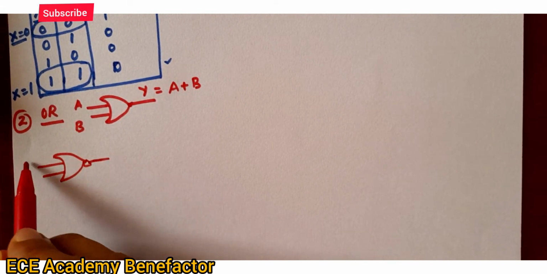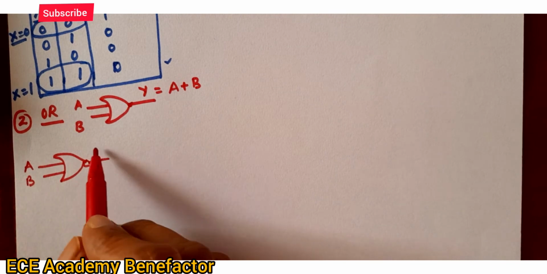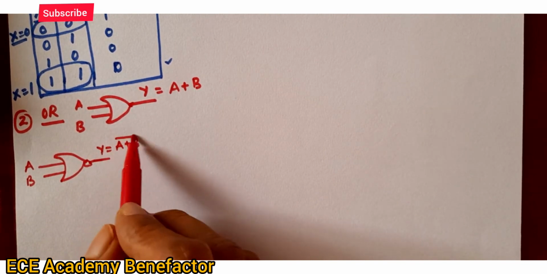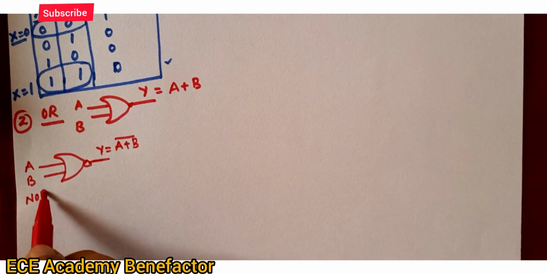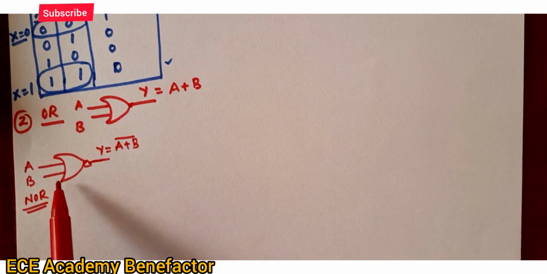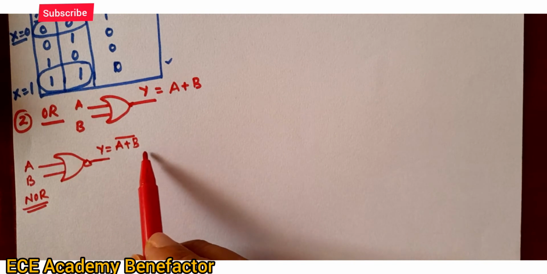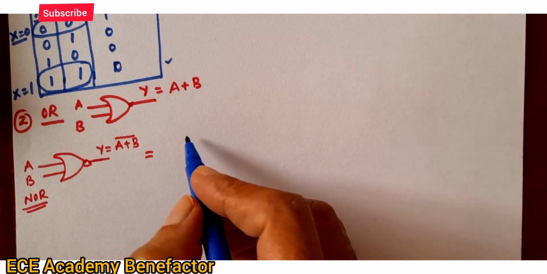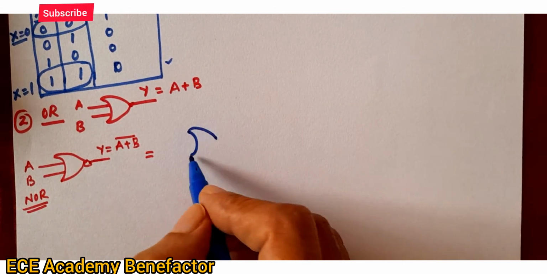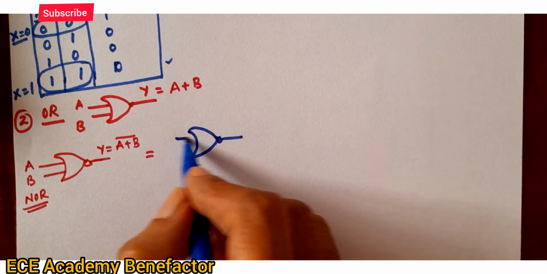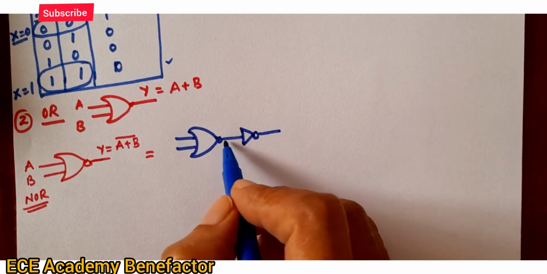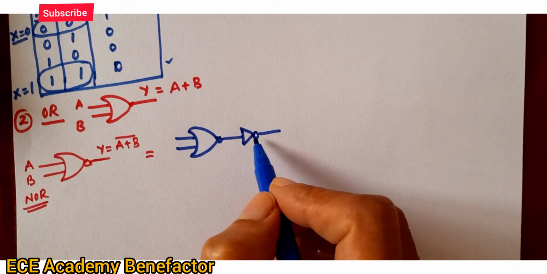What you can do? So here the input is A and B, the output is Y. The expression coming is (A plus B) the whole bar. This is a NOR gate. So to get an OR gate from it, we have to put one more inverter before it, that is a NOT gate. So to this NOR gate, you are placing one NOT gate. So this bubble gets cancelled by this NOT gate.